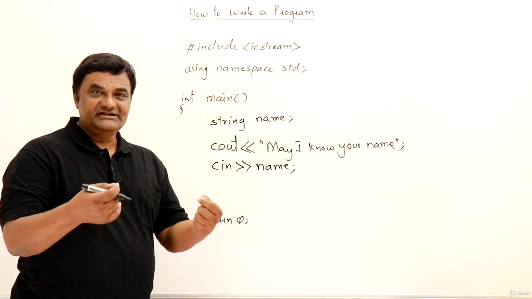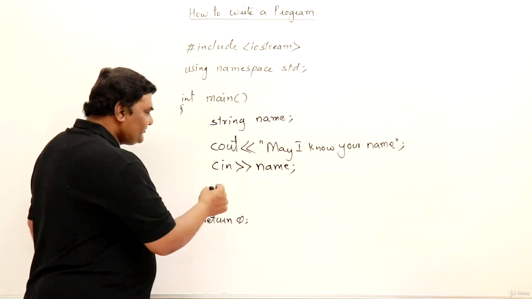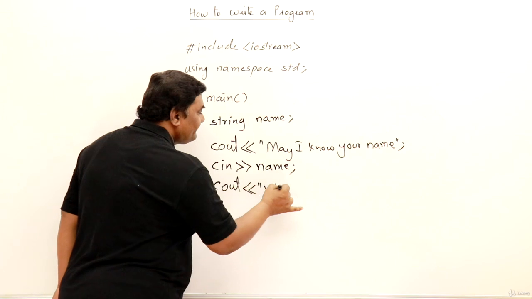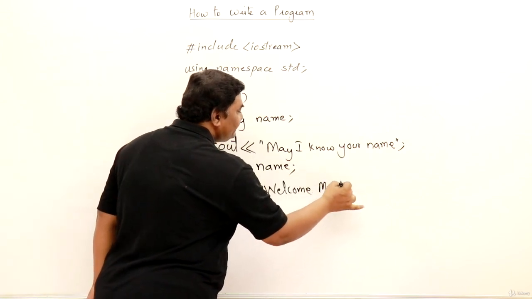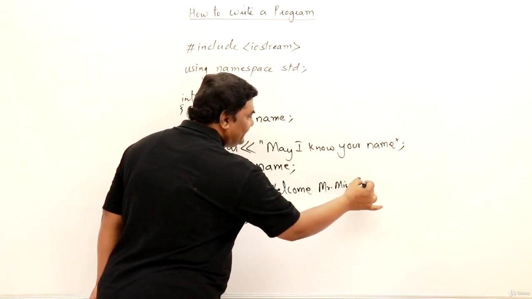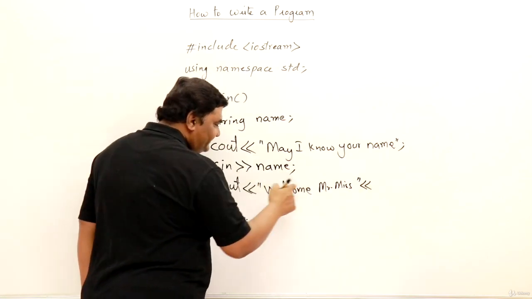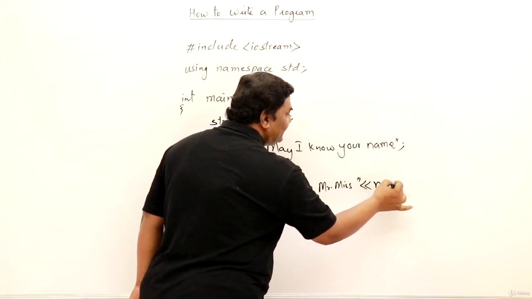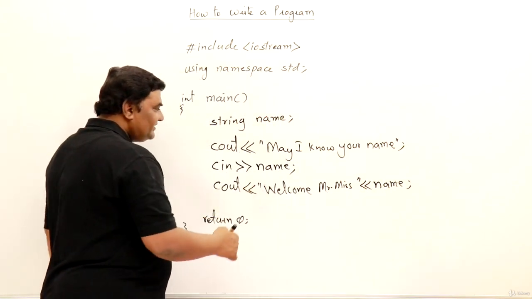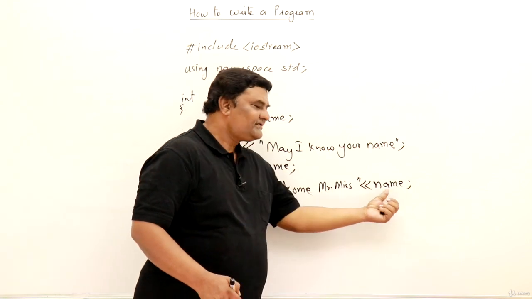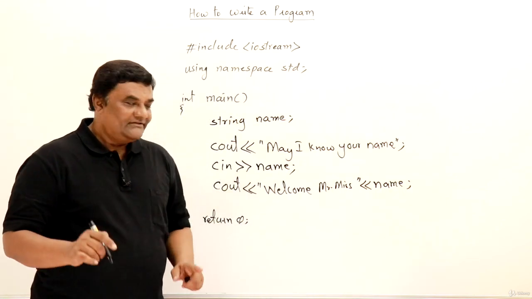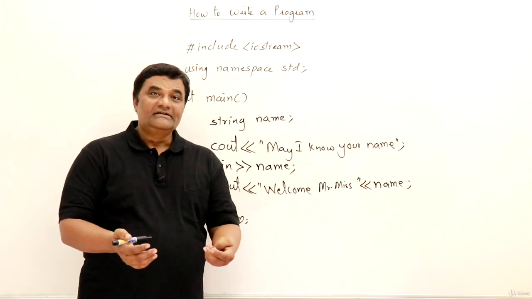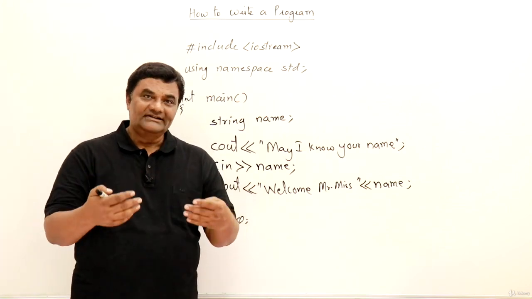Now next I should give a message. Welcome Mr. So and so. Here I should give a message. So for that I should write cout welcome Mr. or Miss, and followed by your name. So for this again write on this one. See, this is enclosed in double quotes. Now the variable name should not be in double quotes. It should be directly given. So it will display a message, welcome Mr. or Miss, whatever it is, then name. So this will give a message. That's all. End of a program. So this is a simple program for taking the name of a user and showing a welcome message.